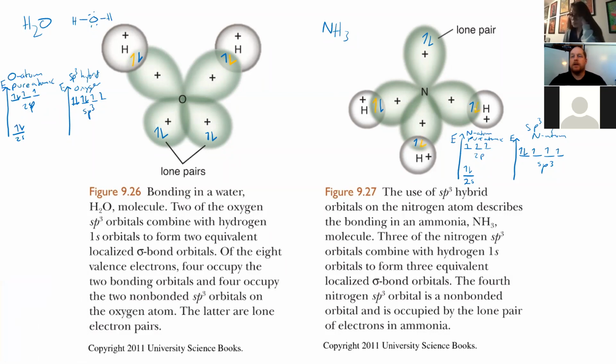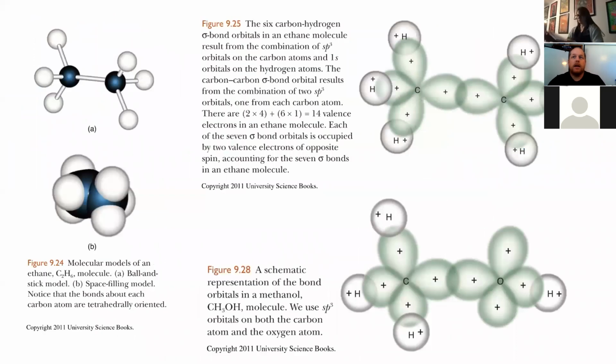And so this is showing now how the orbitals are overlapping and the electrons are being shared in these molecules. We're also able to depict now the energy of the orbitals once they're hybridized compared to the pure atomic orbitals from which they came. Okay. And so it's really important that you have this kind of a picture for anything that's sp hybridized, sp2 hybridized, or sp3 hybridized. When you start to look at molecules that are carbon-based,